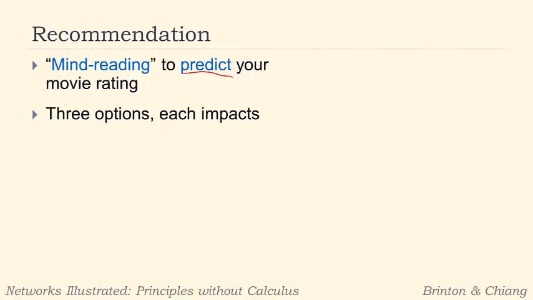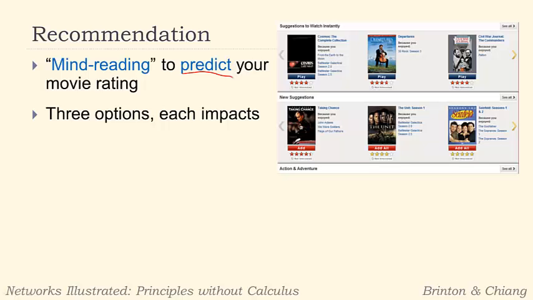And so when you go onto the Netflix site and you're browsing through movies, for each one you have three different options, right? You can either rate it. Right here we're showing the idea that you can give it a certain star rating if you want. You can add it to a queue if you actually want to watch it. So if you wanted to watch this movie, for instance, you could put it in this queue. There are different queues that you can have to watch. Or you can say you're not interested, right?